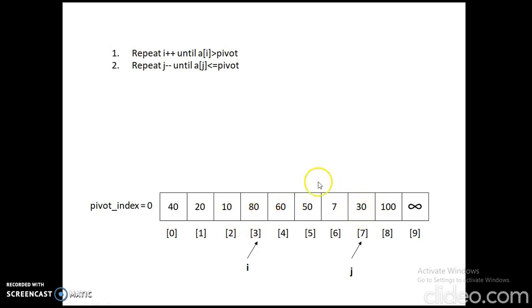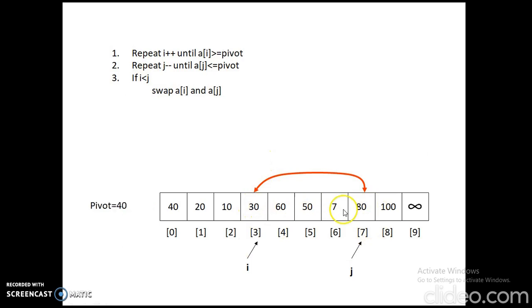So I need to swap these two elements. In order to perform swapping, check whether I is less than j. Yes, I is less than j. If I is less than j, swap A of I and A of j. So you can see now, earlier it was 80 and 30, that gets swapped to 30 and 80. The elements are now swapped.